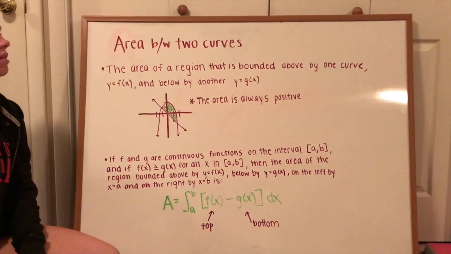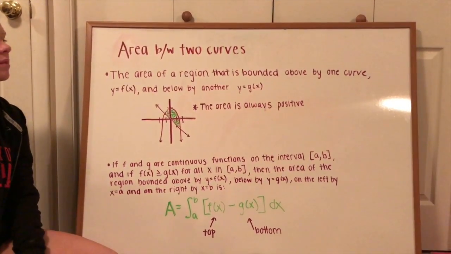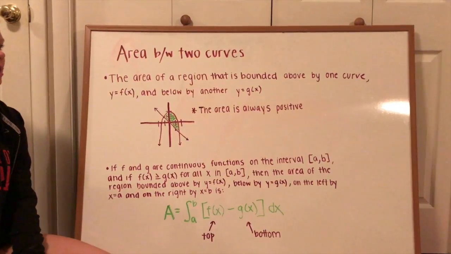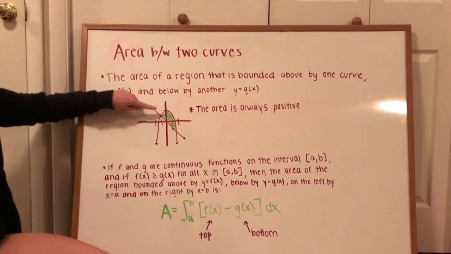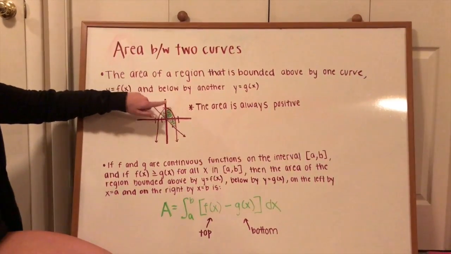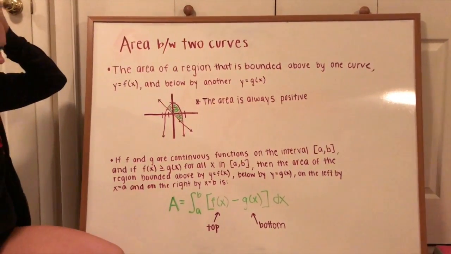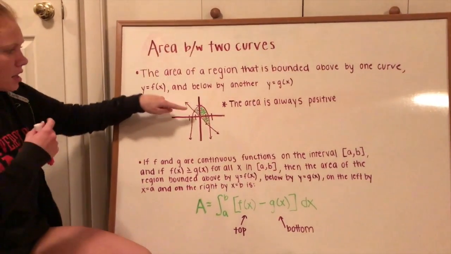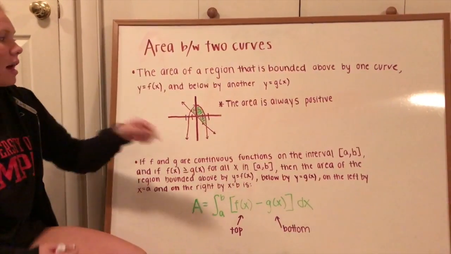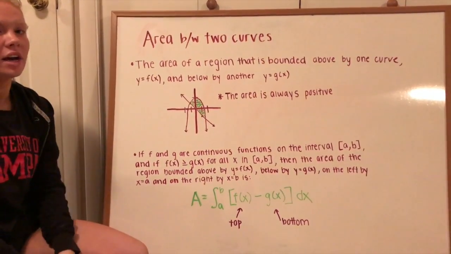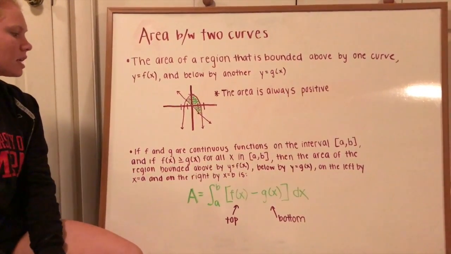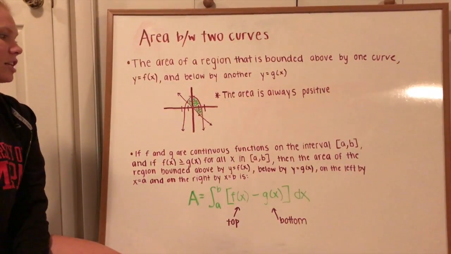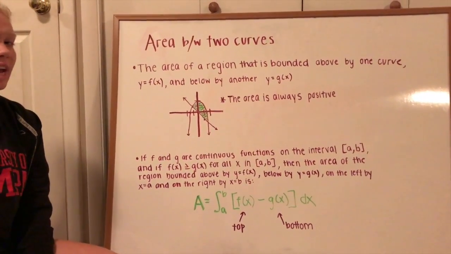So we're going to start with area between two curves. The area of a region that is bounded above by one curve, which would be this one, y equals f of x, and below by another, which would be y equals g of x, and then this line would be that function. The area is always positive, and if f and g are continuous functions on the interval a to b,